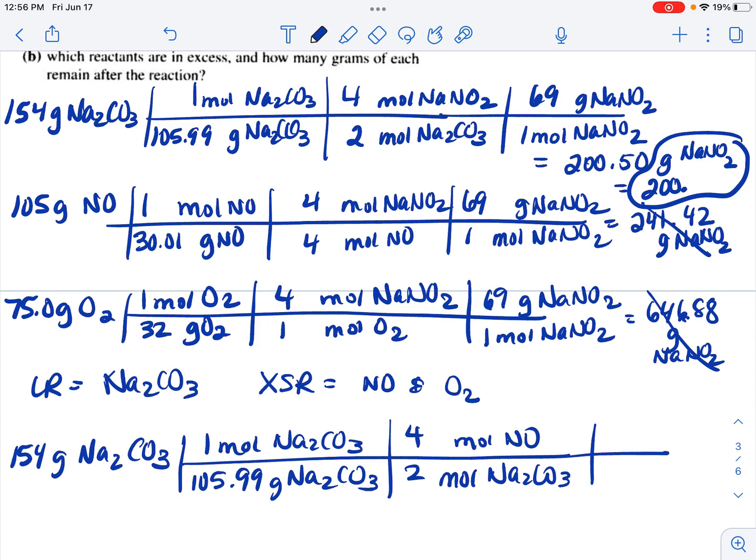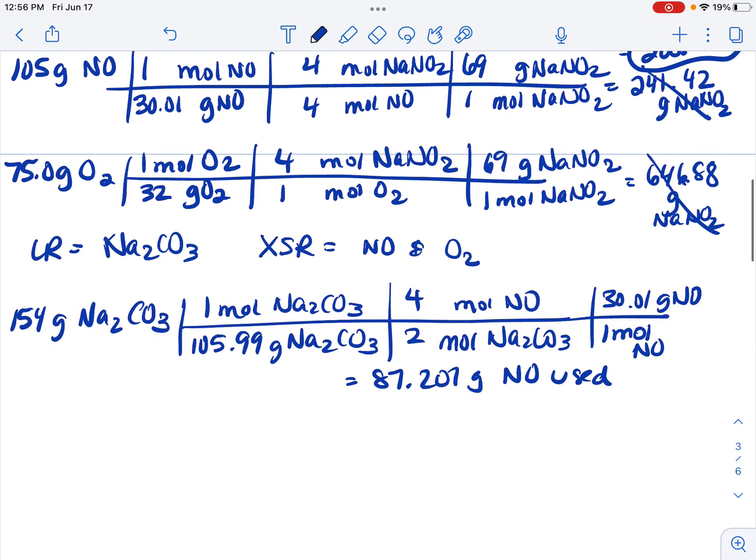And then back to grams, because I'm going to have to be able to subtract to find out how much is left. So 1 mole of NO is 30.01 grams of NO, which means that I found that I've used 87.207 grams of NO,